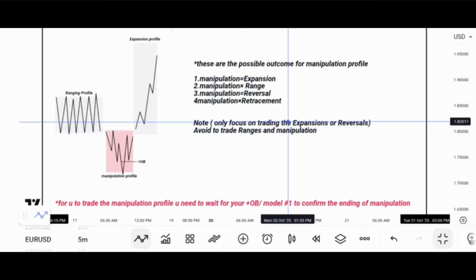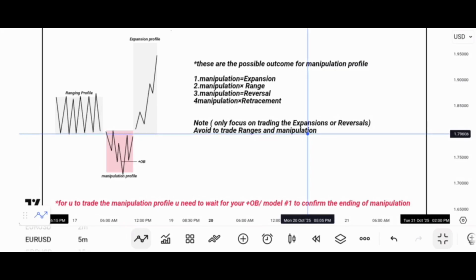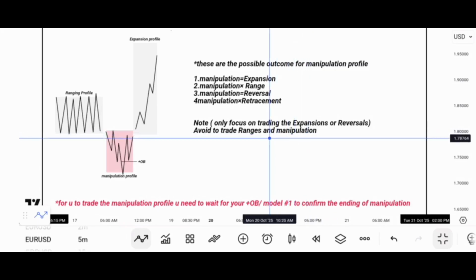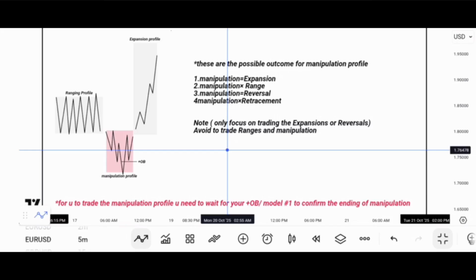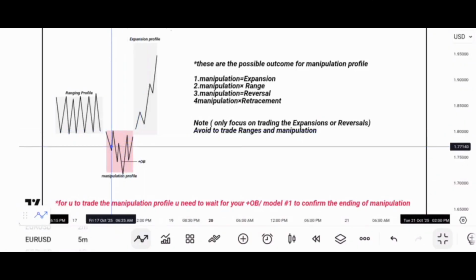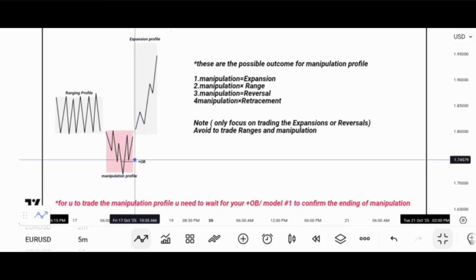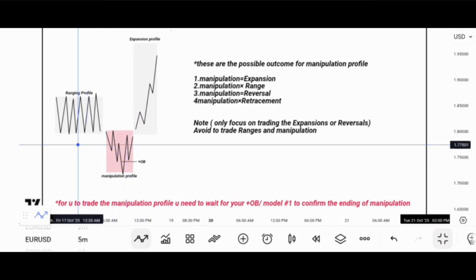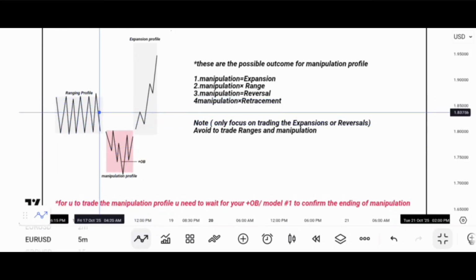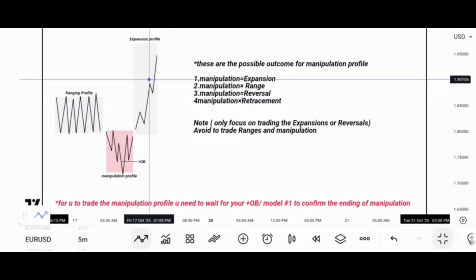The other thing that we need to take note of when dealing with profiles is that you only focus on trading the expansions or reversals. We avoid trading the manipulation or the ranging phases, since most of us are beginners or intermediate students, not advanced traders, right? If you know that you are still a beginner or still learning how to trade the market using these profiles, you avoid trading this profile here, which is our manipulation, and you also avoid trading this ranging profile, right? You only trade these expansions,